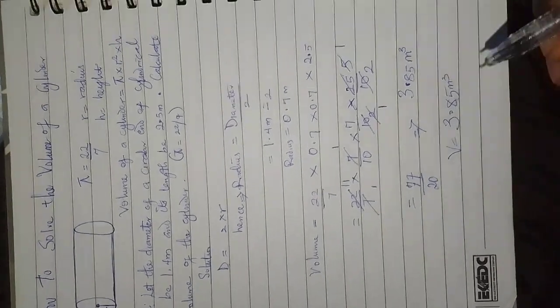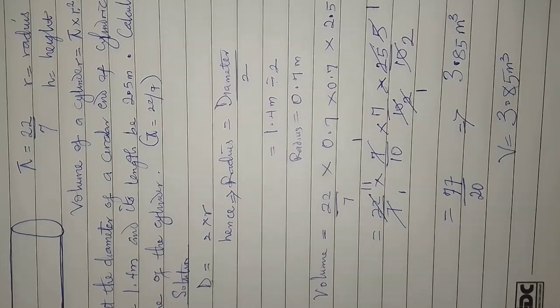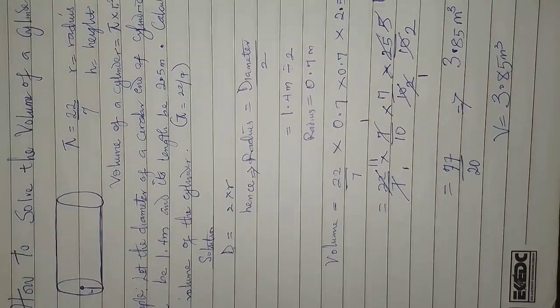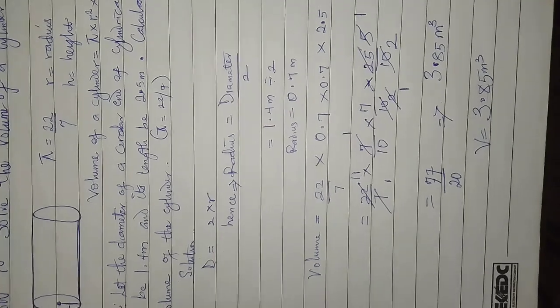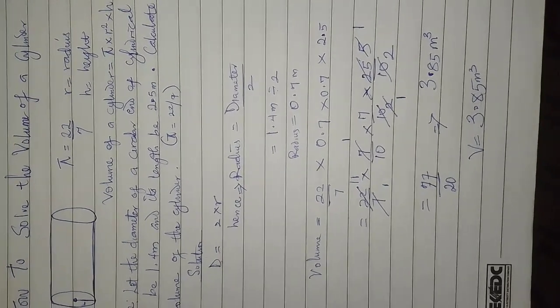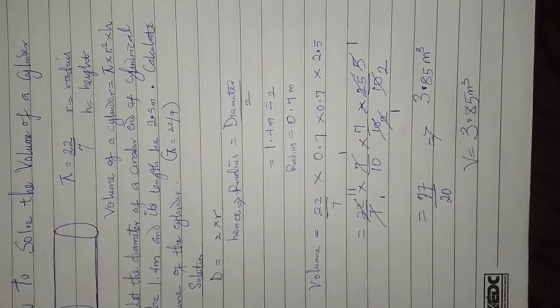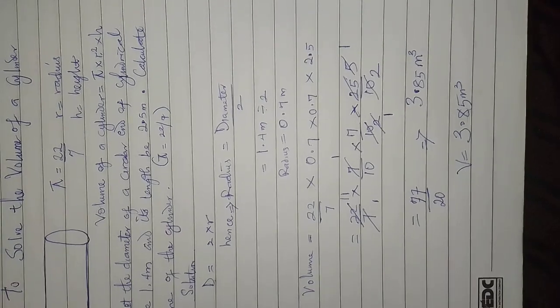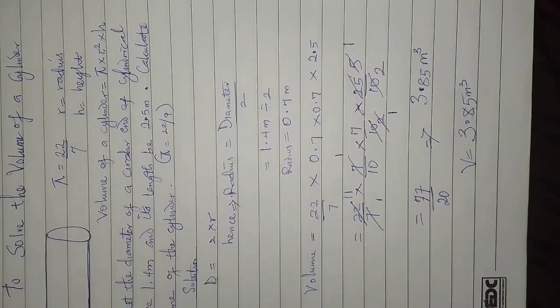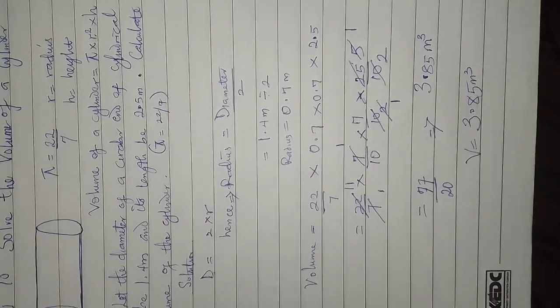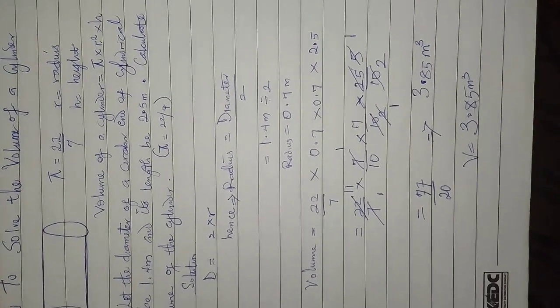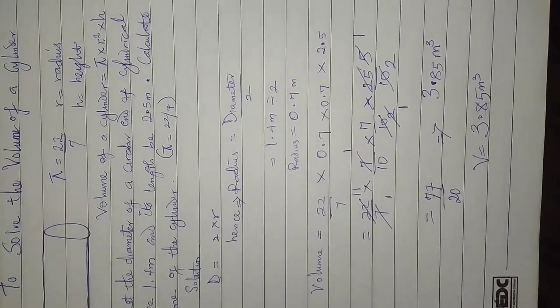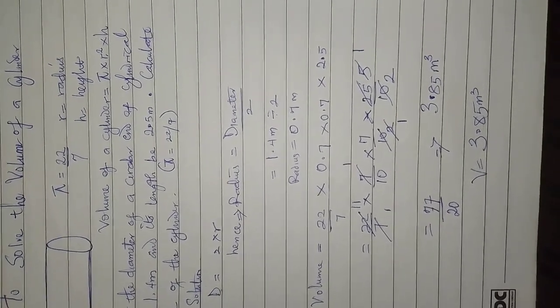You might be wondering how we got this as our answer. Well, 20 in 77 can go 3 times, and then you have the remainder. When you do your long division method, which will be posted later on this channel, you will get 0.85. When you add them together, you have 3.85. If you're not